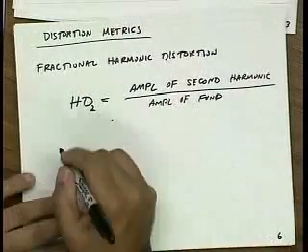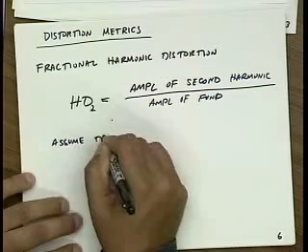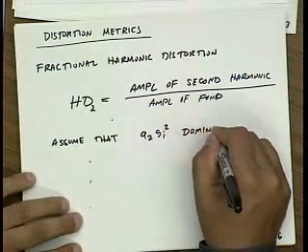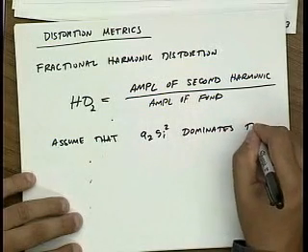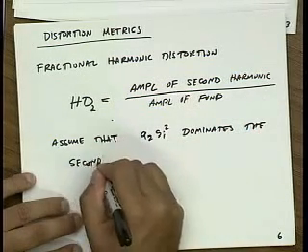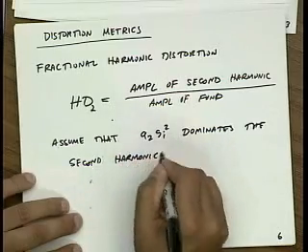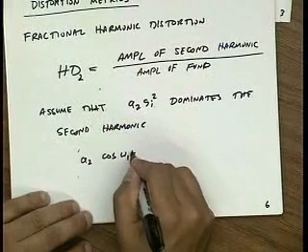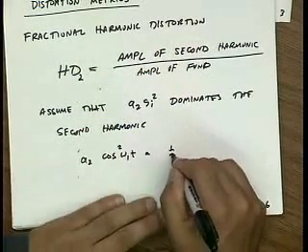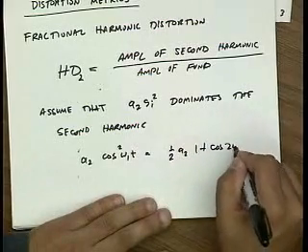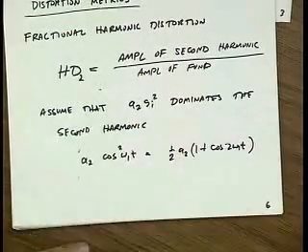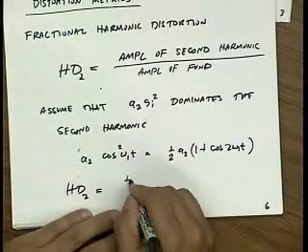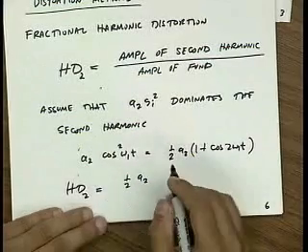Okay, so now if we assume that A2 times the input squared dominates the second harmonic, in other words, A2 cosine omega 1 t squared, which is equal to 1/2 A2 (1 plus cosine 2 omega 1 t). If this dominates, then we can see that HD2 is simply 1/2 A2